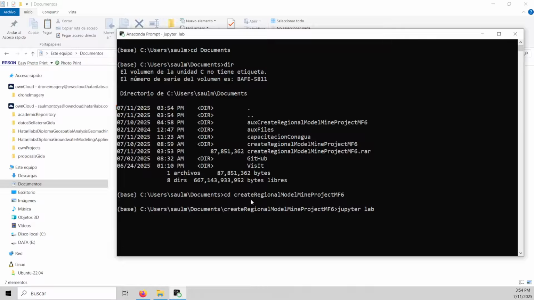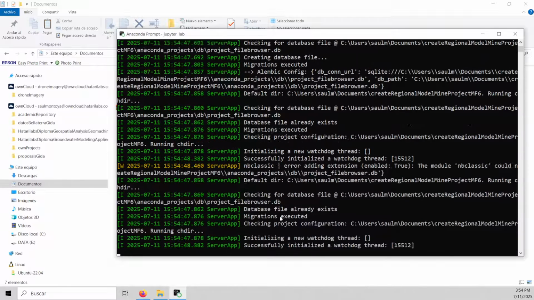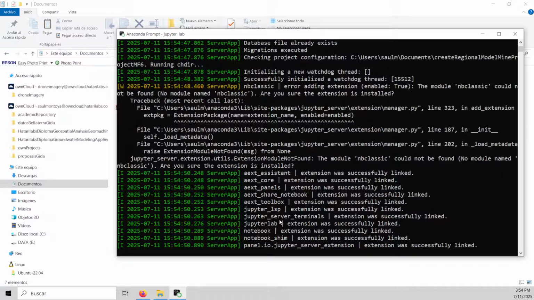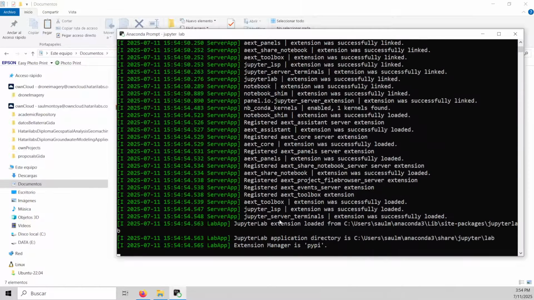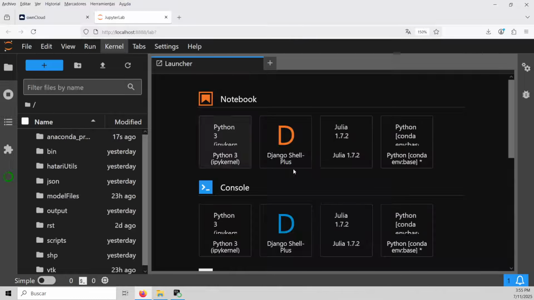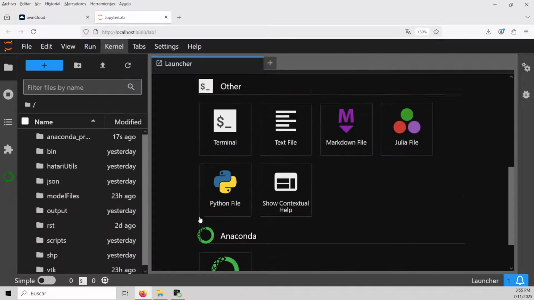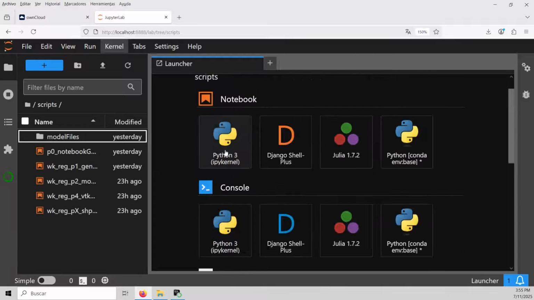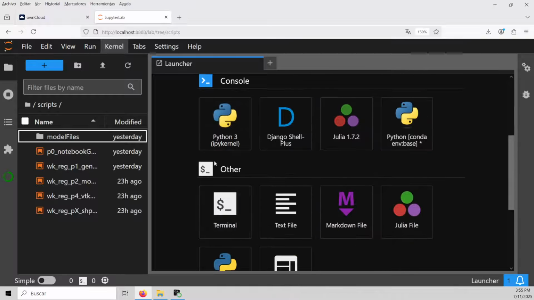The first step is to update mf6Voronoi, and this is a good practice. What is a good practice? To update mf6Voronoi, because this is a changing, developing library. So every time that you want to do something, please make sure that you are on the latest version of the library. Okay, so let's go to script, and then we are going to do a new notebook,